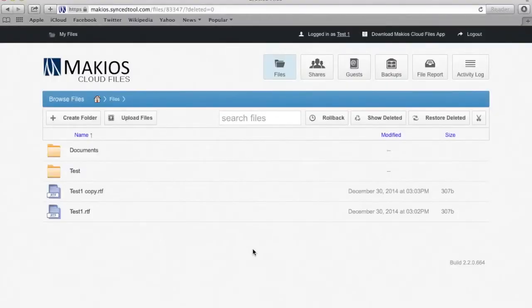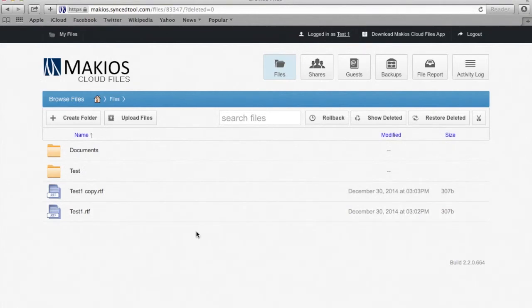Alright, so up to this point we've already went ahead and downloaded and installed the local sync agent. We have uploaded folders to the Makios Cloud Files web UI. We already uploaded files as well, both through browsing and dragging and dropping. We already merged a folder over to the local sync agent and actually looked at the activity uploading as well. We already looked at the rollback feature, and we looked at the revisions feature as well. So the only thing left for us to take a look at here is the failsafe that's built into the